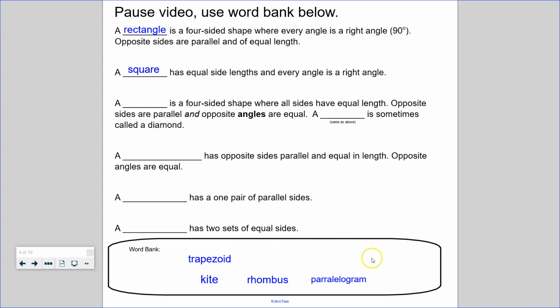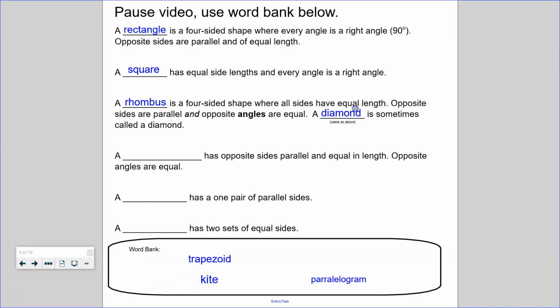A blank is a four-sided shape where all sides have equal length. Opposite sides are parallel and opposite angles are equal. That is our rhombus. And oops, I realized that we need the word diamond in here. You won't have that on yours